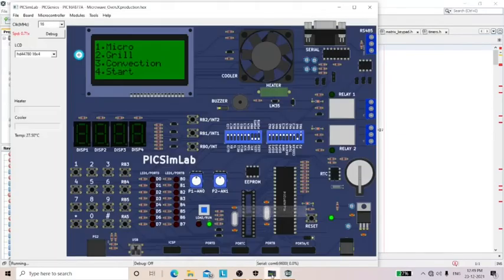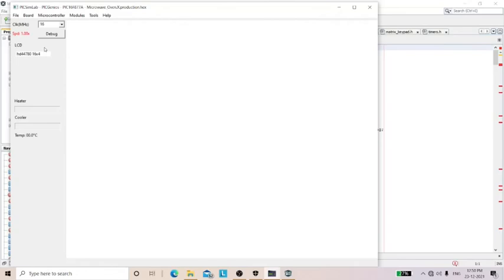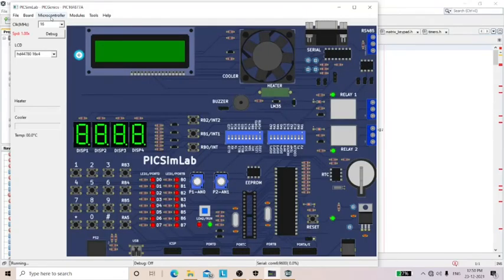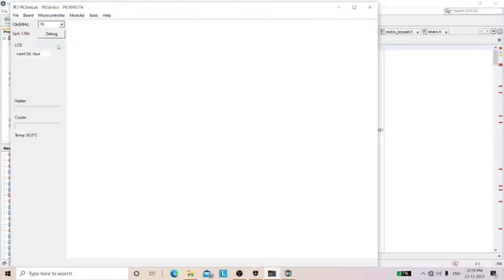Open PICsimLab. Before loading, we have to make some configuration to the board. To select the board, select PICGenius. Next, click on microcontroller and select PIC16F877A.